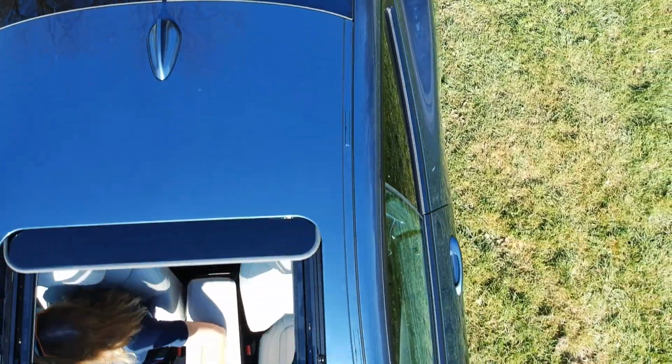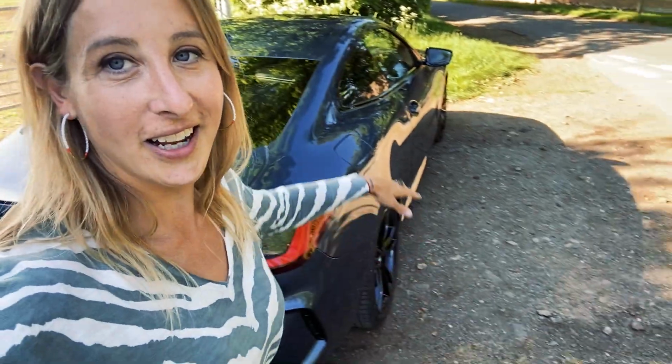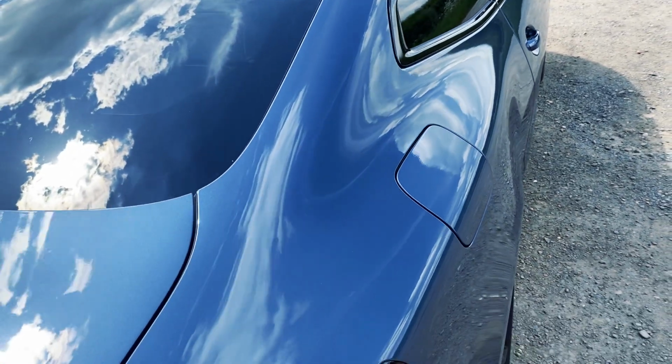When you look at the car on a computer screen, it looks very sleek and elegant. It has that same impression when you see it in 3D, but you also start to notice all these other features that actually make the car look quite pumped up and quite aggressive and kind of muscular, like this kind of rear. It's when you suddenly start to see the light hitting the car at different angles,